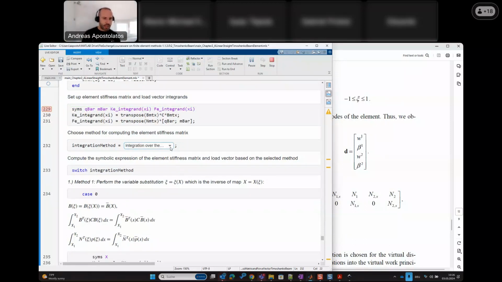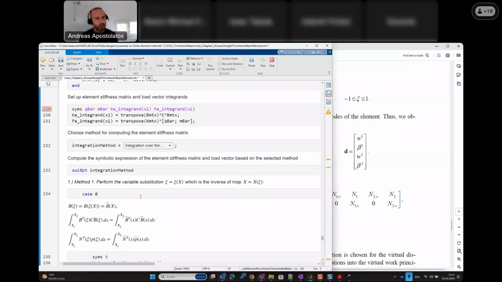Whenever you change the selection here, the whole script runs from the beginning, by the way, so you know. So now it's running the whole computational script from the beginning. I set it up like this so that it makes more sense. You cannot just change the variable in the middle of the computations here. Otherwise, it would give you an error. So now I changed it to the parent space, which means the parametric space, right? The integration. And afterwards, I have a MATLAB switch branch, which tells, well, if it's the first, second, third option or whatever,